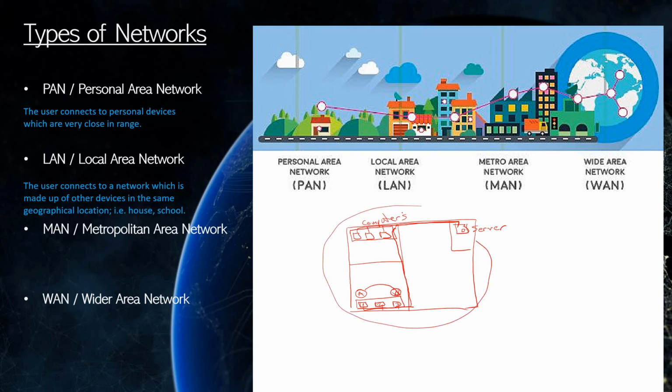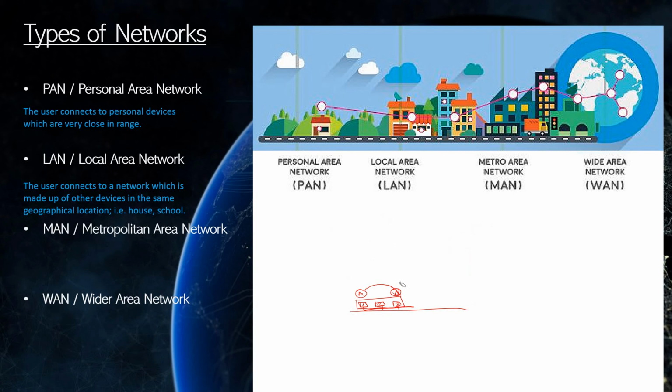This is a local area network, and it doesn't require, for example, for you to have an internet service provider at this point, because all of the information, all of the data is traveling locally. That's why it's called a local area network. It's sort of the devices are in the same geographical location, which then brings us to the next type of